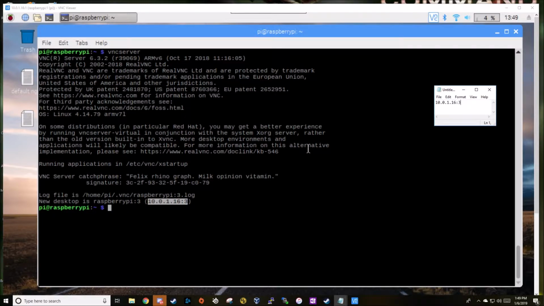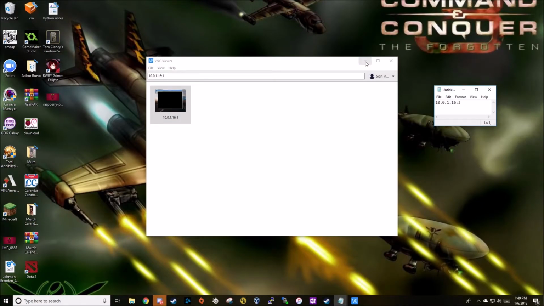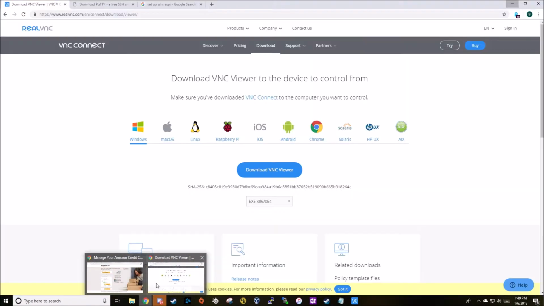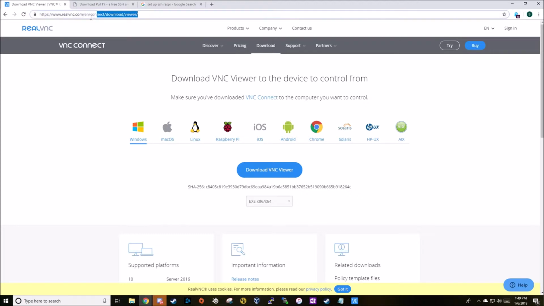Now what you're going to want to do is go to your desktop that you're going to be working on. So mine's the Windows, and open up this right here. Now I'm going to include this in the description, that way you can just copy paste it or click on it. But you want to go to